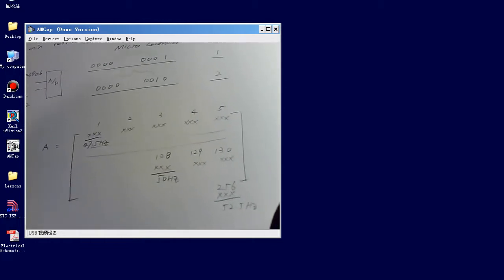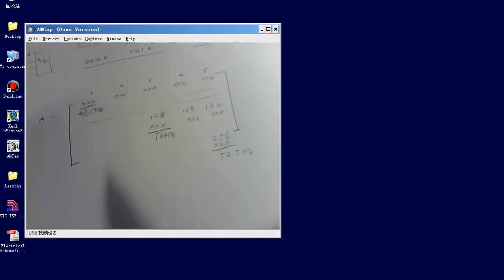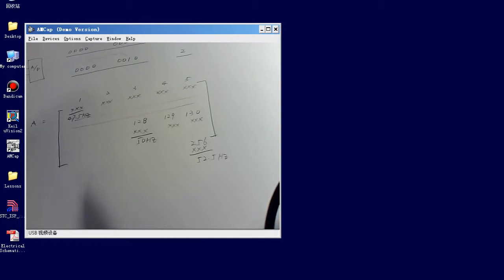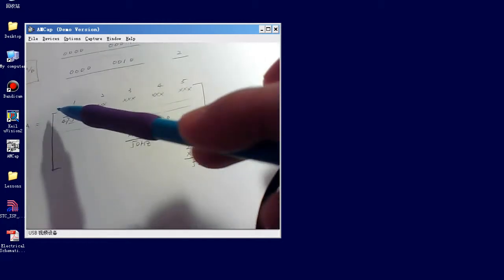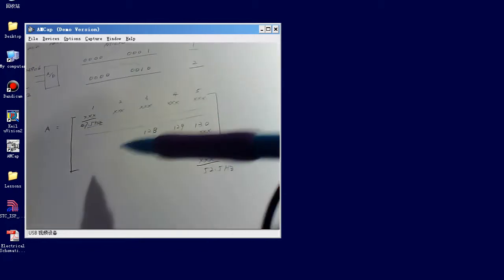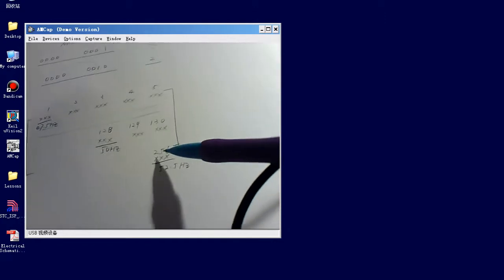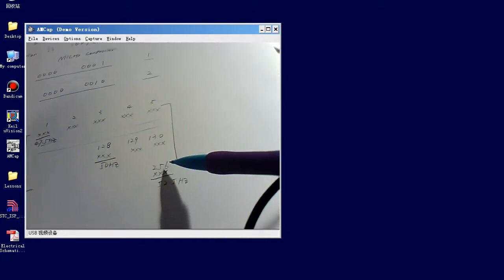So the idea is that our internal logic will try to build up a matrix, and eventually that matrix has 256